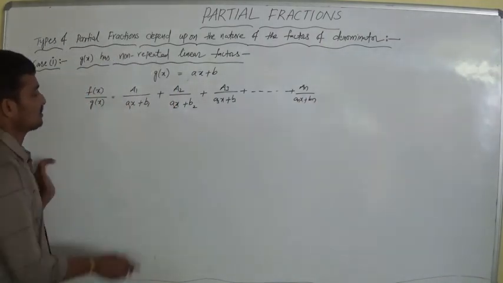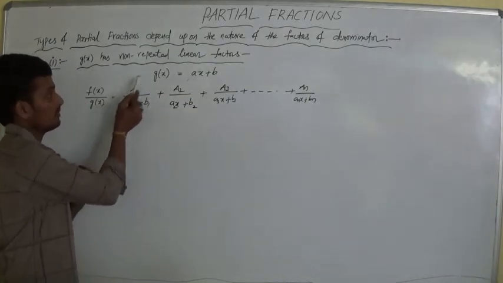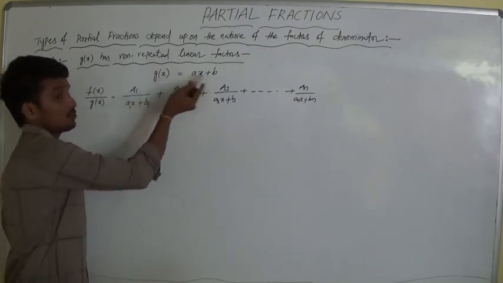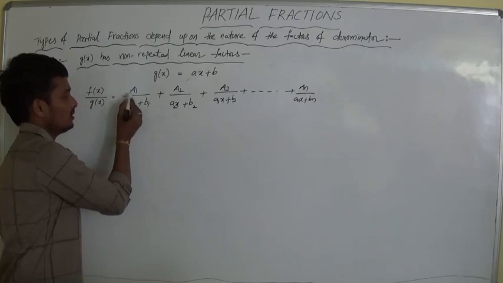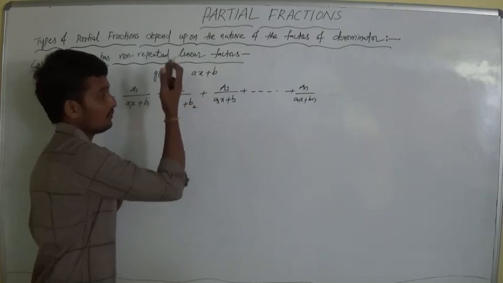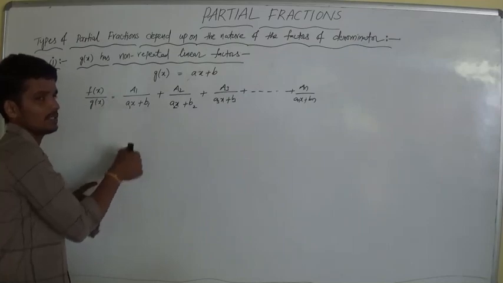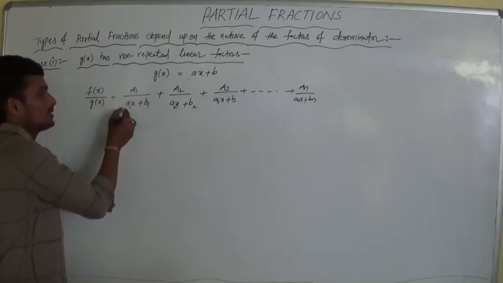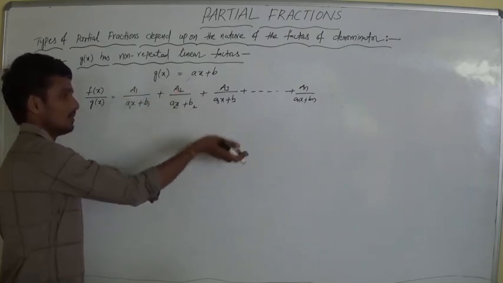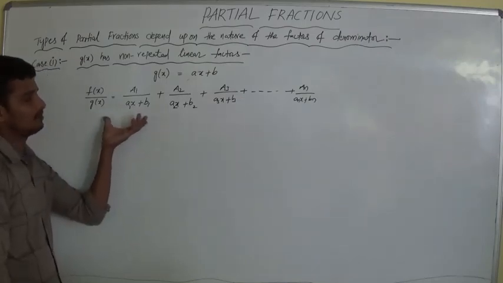So we have some doubt. What is a1x plus b1? This is the first factor. For example, if g of x has only one factor, you write only one term. If g of x has two or three factors, you write the first term and the second term. If it has 3, you write 3. For example, g of x has only one factor, x plus 3, so we write A by x plus 3. That's it, only one term. If 2, A by x plus 3, and one more, for example x minus 2, B by x minus 2. This is the method we are learning now.